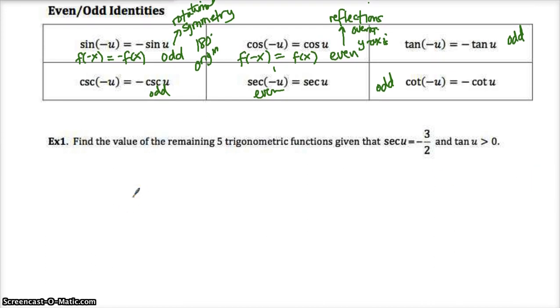Okay, example number 1. This should be a review of last year. We're trying to find the 5 trigonometric functions based on these two pieces of information that have been given. We know that secant of some angle u is equal to -3/2, and we know that tangent of that angle u is greater than 0. So those two pieces of information are going to help us identify which quadrant we are in. Because secant is negative, secant is the reciprocal of cosine, cosine is positive in these two quadrants, so we've eliminated quadrant 1 and 4. And then because tangent is positive, tangent's greater than 0, we now know we're talking about